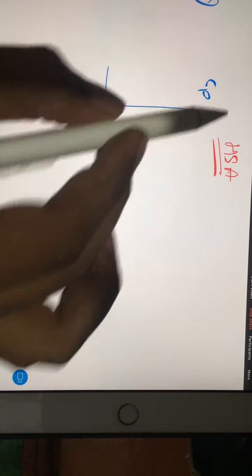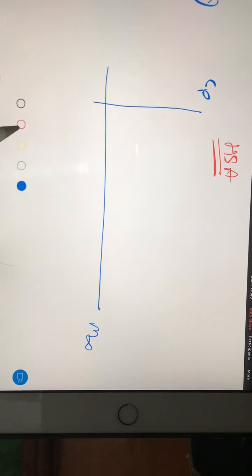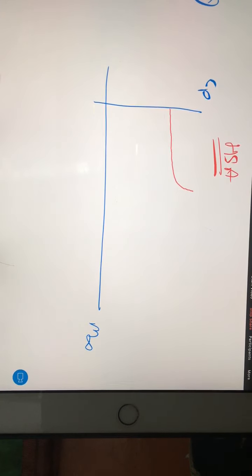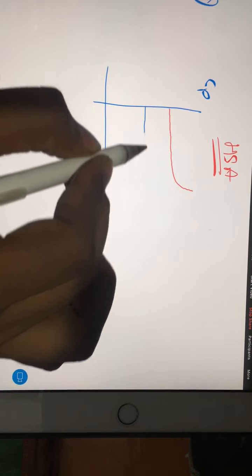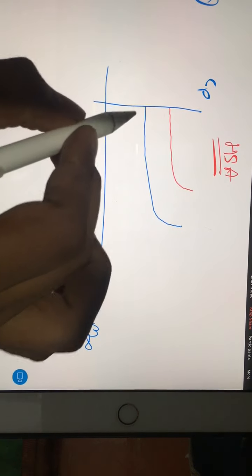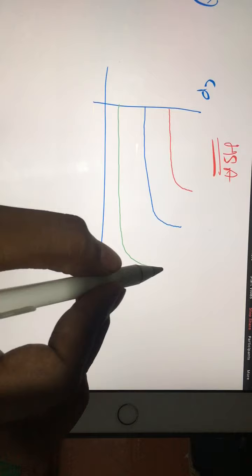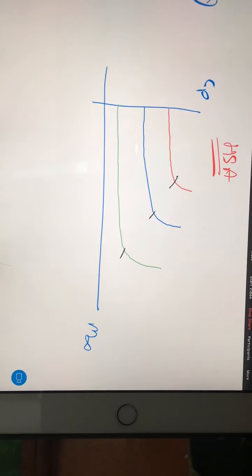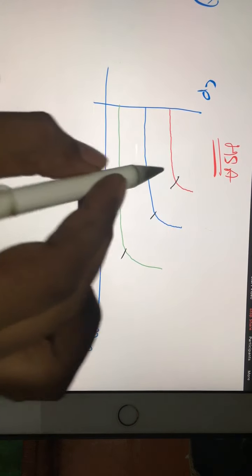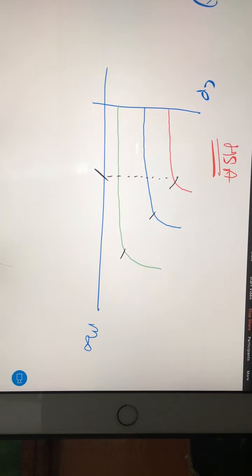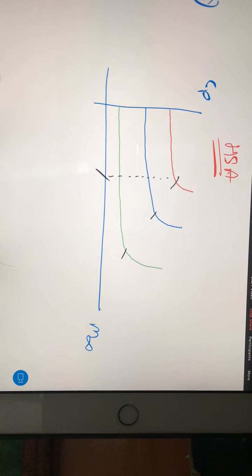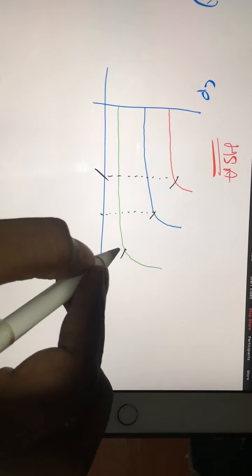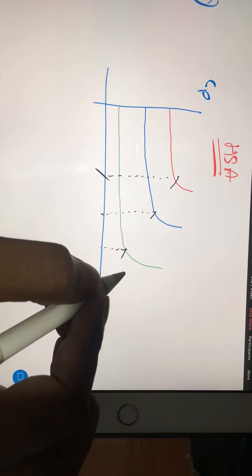Suppose I have a CP versus Mach number curve. One curve will go like this, another curve will go like this, another curve will go like this. You can see here this point and this point. Here we have a particular Mach number, after that your CP is increasing, and then here you have that point, after that CP is increasing, and here you have that point, after that CP is increasing. What does it mean?